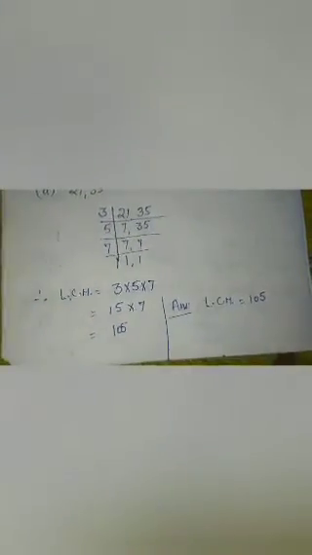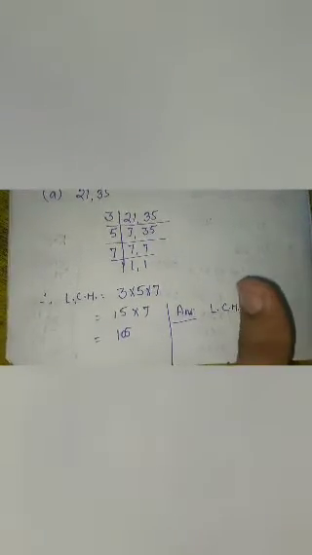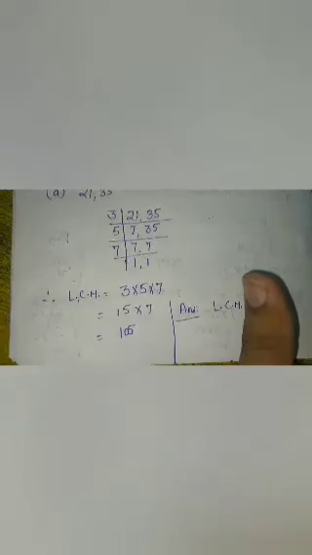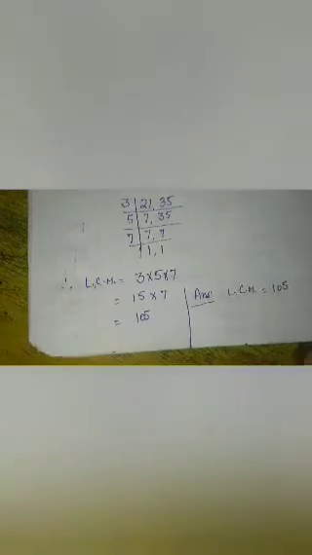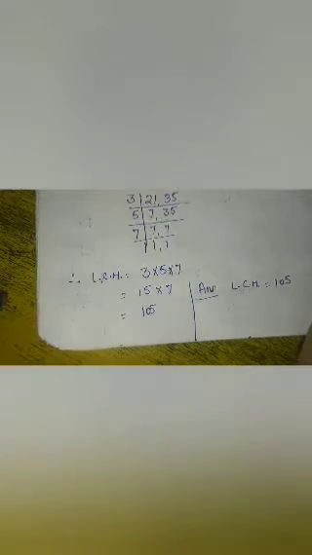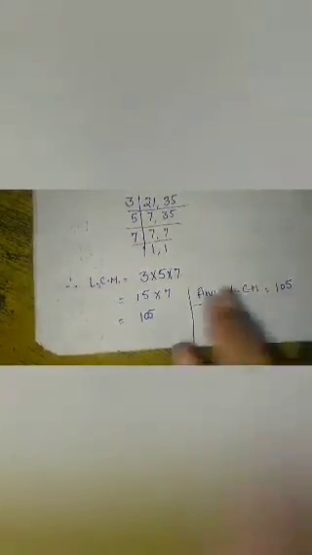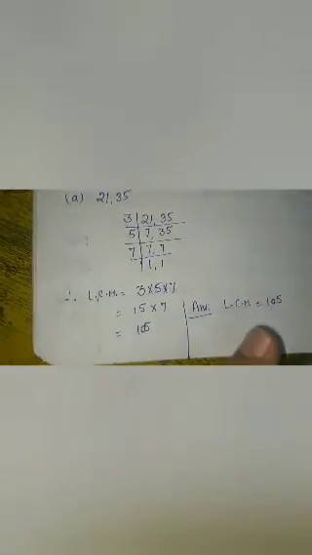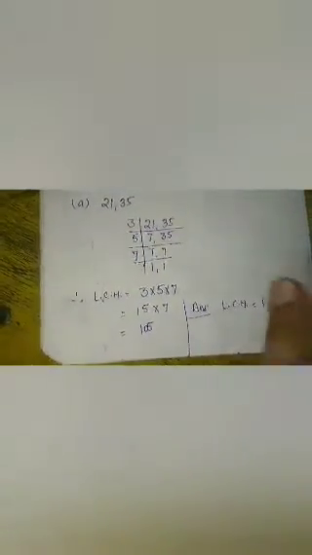So students, you have seen that there are different types of methods to find the LCM. Yesterday in class you studied how to get the LCM with the help of common multiples. Then you also found the LCM with the help of the number line. Today you have found the LCM with the help of the prime factorization method, and now this is based on the division method. Clear students? If you have any doubt, you can ask the query without any hesitation. OK, so now move to the next question.